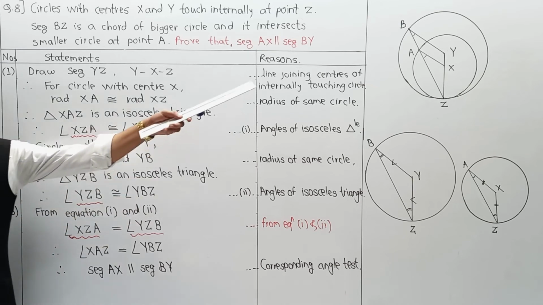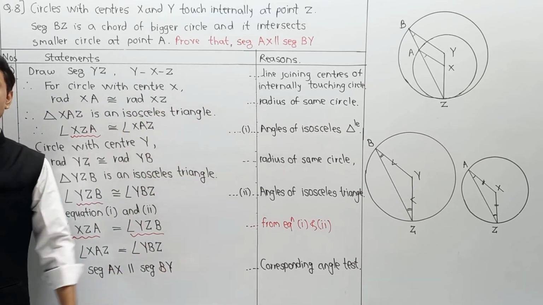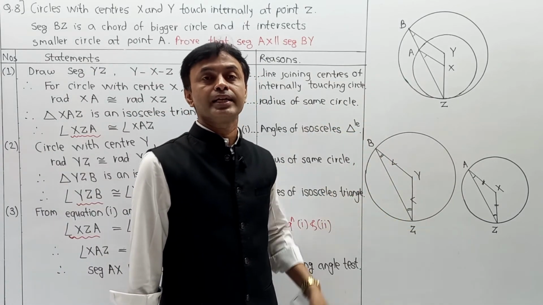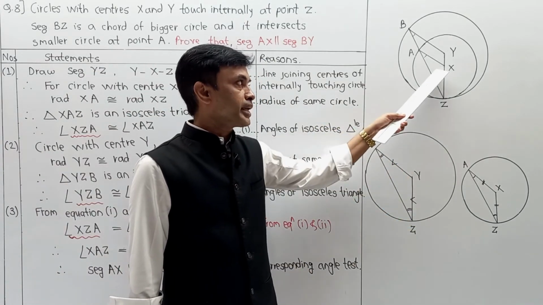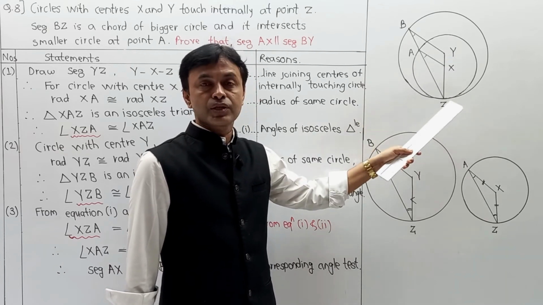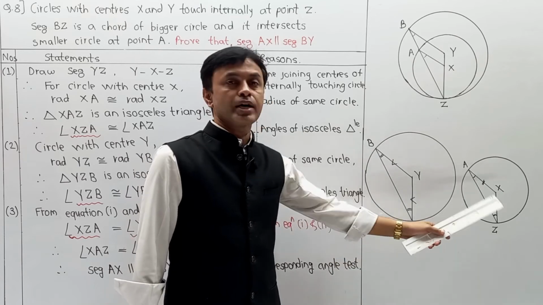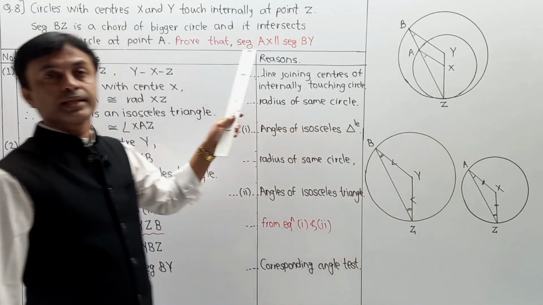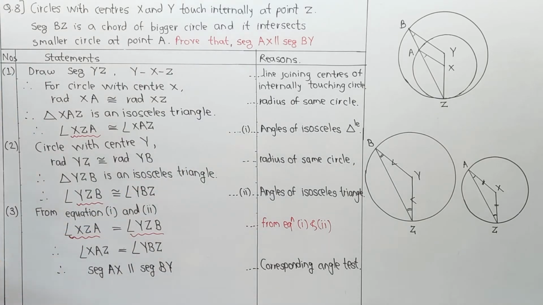Student, these two diagrams that I have drawn for you are just for proper support. But if you do not understand this diagram, you cannot understand the writing methodology of this part. This main diagram is already given in your textbook, with the construction that I have added over here. But these two isolated diagrams are not given over here. So first draw this isolated diagram and then go for the writing. Then you can understand the part. In the exam you can draw only one diagram, that is the main diagram. The rest of the part I have given in a systematic manner in front of you. So please try to understand.